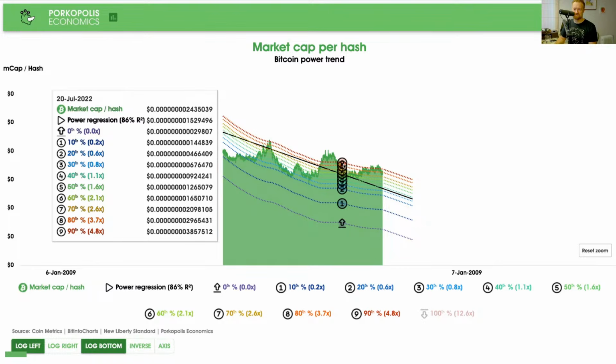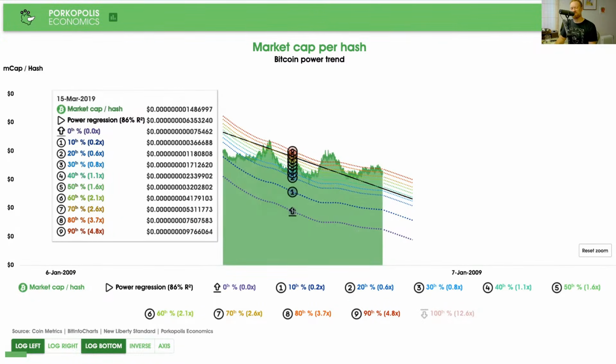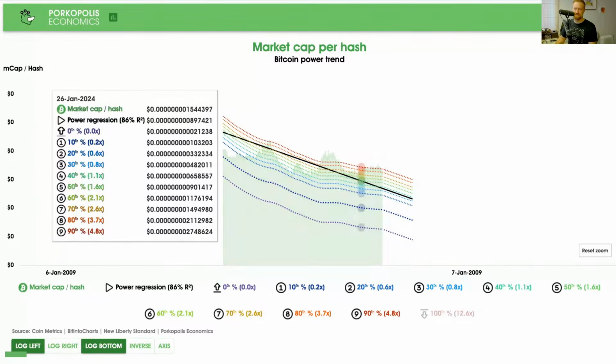And if this thing comes down, right, to levels like this, or even, see, this is where the relationship isn't as good. It's only 86% R squared. So even in 2022, it only came back to the black line, right, to the regression. But still, theoretically, this is saying we have a high valuation relative to the hash rate of Bitcoin. But as you can see, it's not a great relationship, right? Because this line is going down here, and then the actual slope kind of seems more shallow. But anyway, I'll work on that. This might be better with a quantile regression. This is still my multiple analysis.